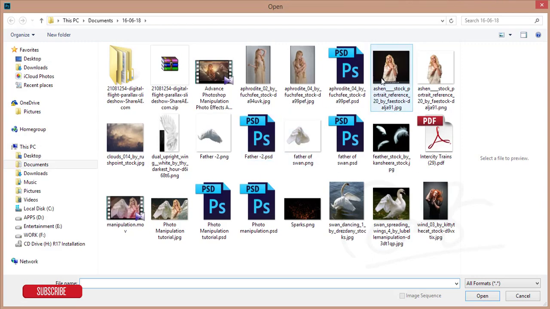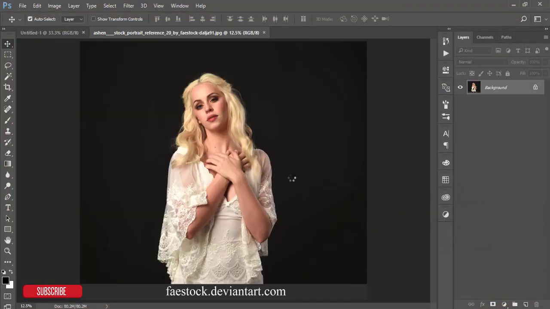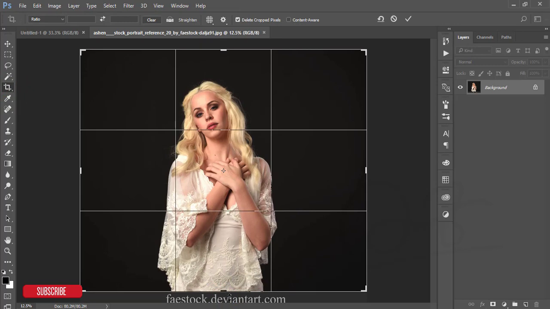press Open. I just downloaded this stock image from deviantart.com, and now I will cut the background and divide this model from the background. At first I'm cropping this one, going to the crop tool and cropping these options. This is the credit line of this photo. I'll put that credit line and the download link in my video description, and hit the tick